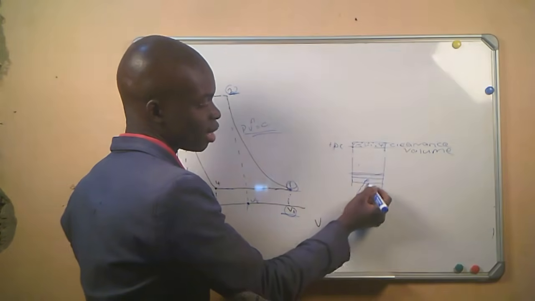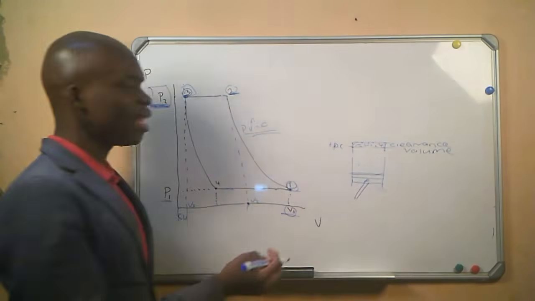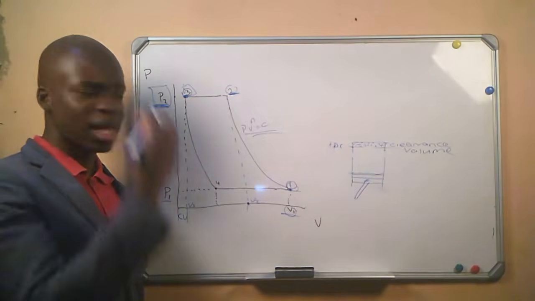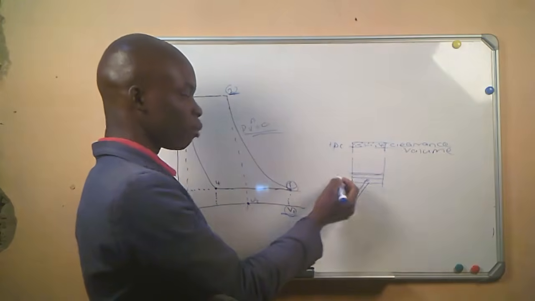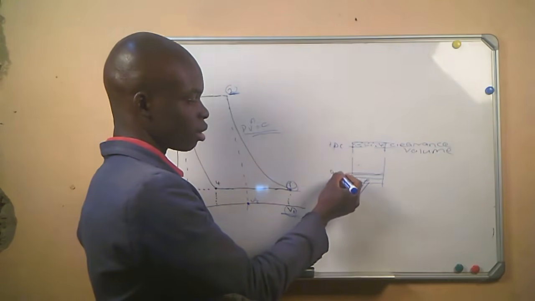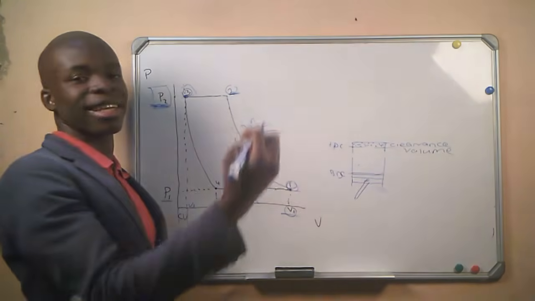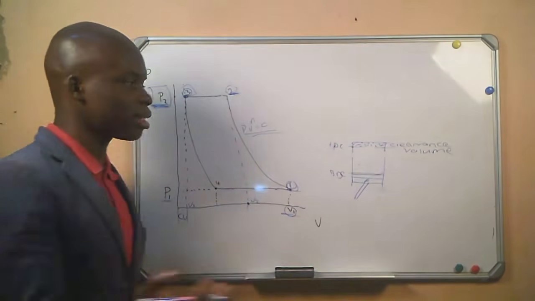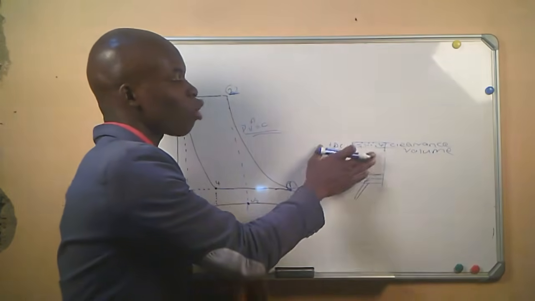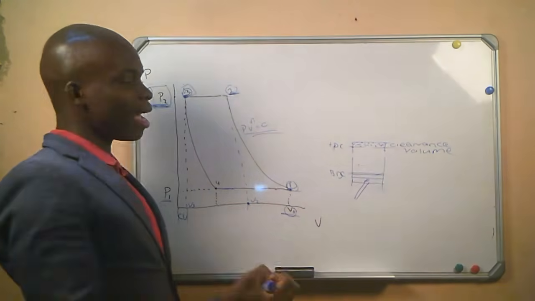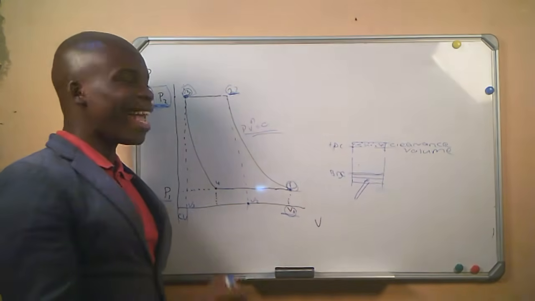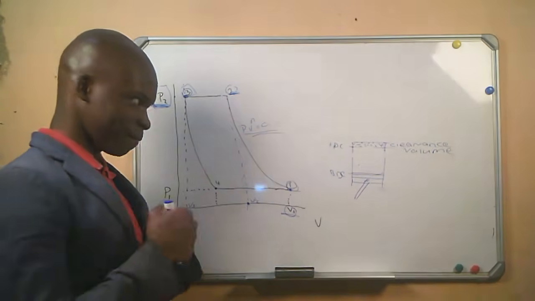Now our cylinder is here. And then when our cylinder is moving down, the air that is in the clearance volume, this is our bottom dead center. The air that is in the clearance volume was compressed when the piston was here. Now as the piston is moving down, the air will be expanded,